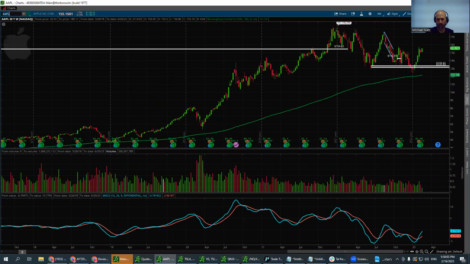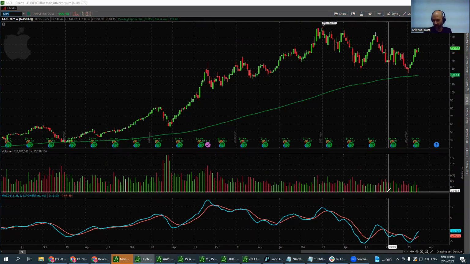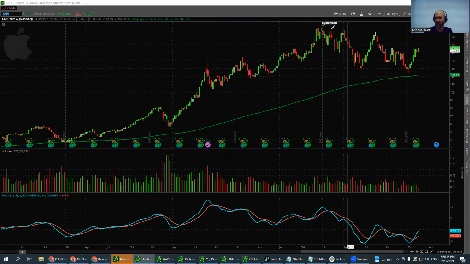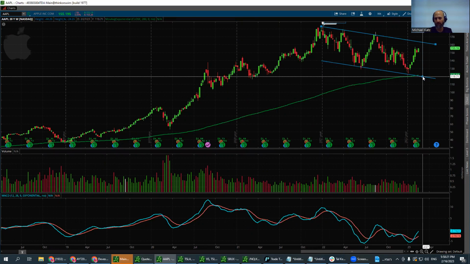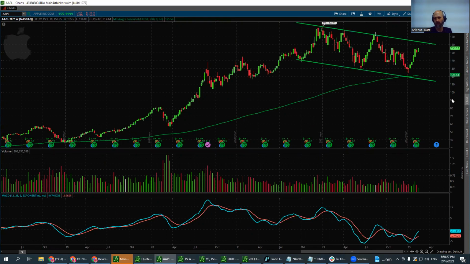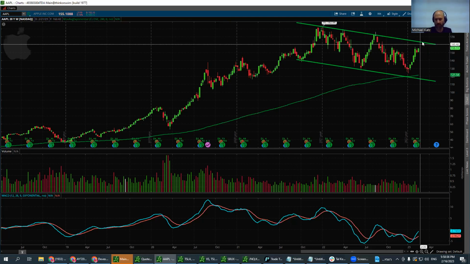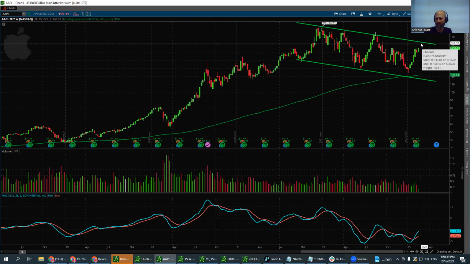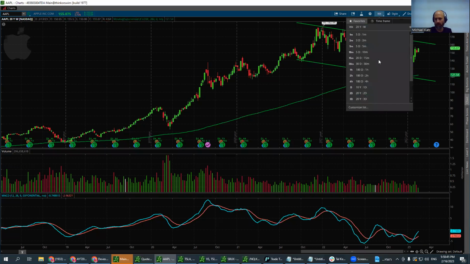Okay, Apple. We're on a weekly chart. Not a safe territory for me. But yeah, we have this nice trend line. It's almost a perfect channel. Yeah, we can work it like this. And right now we're getting closer to the upper level. So of course we can expect a resistance level at around 160, but we still got $5 to go. But let's go to the 1H.